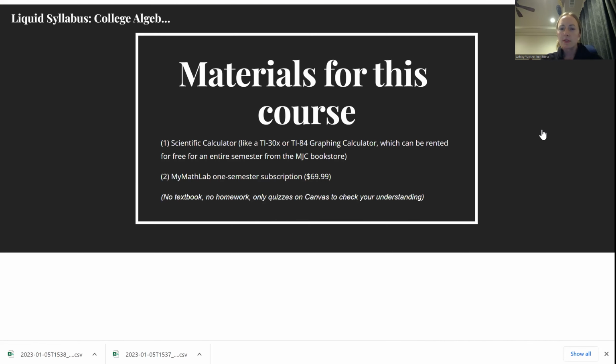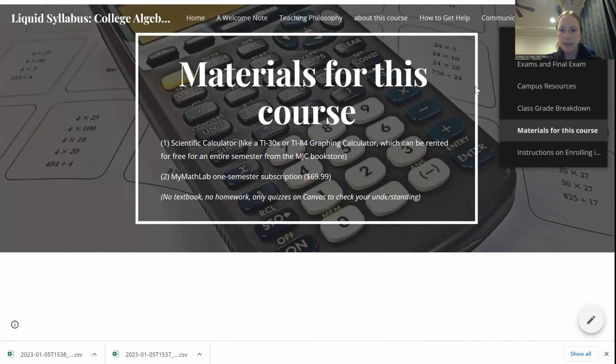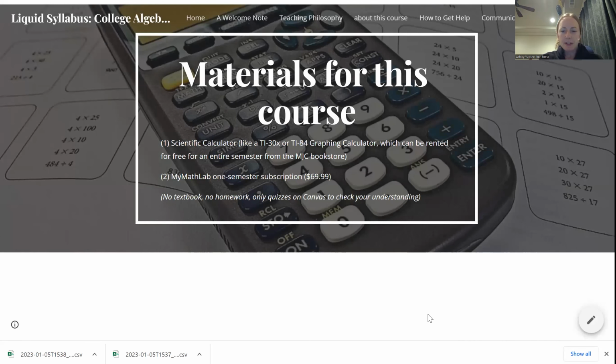Okay, materials for this course. This one's kind of the important stuff. So you'll need some kind of scientific calculator. It doesn't have to be the big, what do they call them, the graphing calculators. You don't need the big ones, just some kind of scientific calculator, like a TI. I think I've only had Texas Instruments calculators, but it doesn't matter the brand. It's just that if you're not sure how to do something on your calculator, I probably won't know either, unless it's a Texas Instruments one. But you can rent those, TI 30 or TI 84. 84 is the big graphing one, which is kind of overkill for this class, but if you want, that's fine. But TI 30 is all you need. It's a little one that has just what we need.